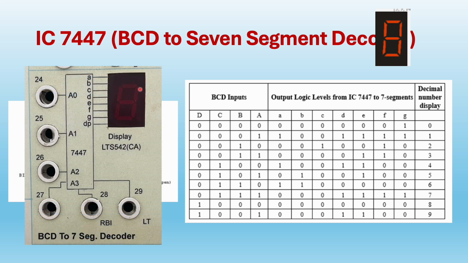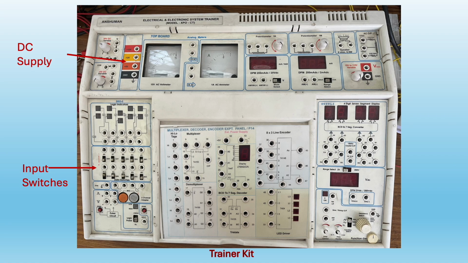So this is the IC and this is the display given here. We'll give input A0, A1, A2 and A3 here, right? 0, 0, 0, 0, 0, 0, 0, 1. So it will display BCD number. So it will display from 0 to 9 on this display. So this is how this BCD to 7 segment decoder works, and this is the BCD to 7 segment decoder here. You can observe it here. So inputs will be applied through switches and output will be observed, which is internally connected to the 7 segment on this 7 segment display.